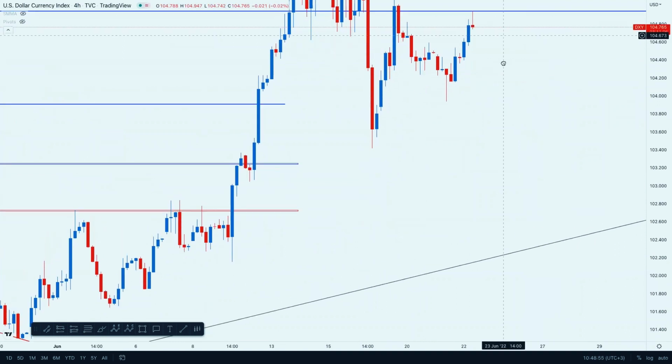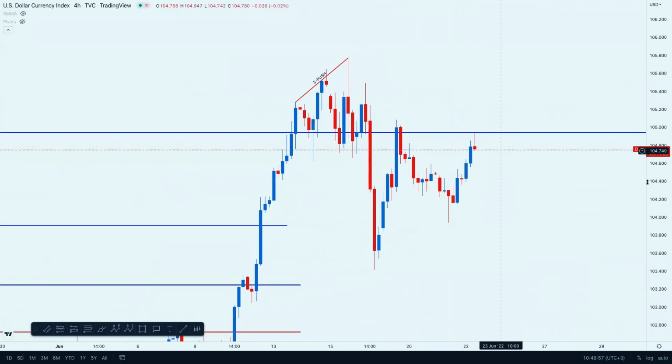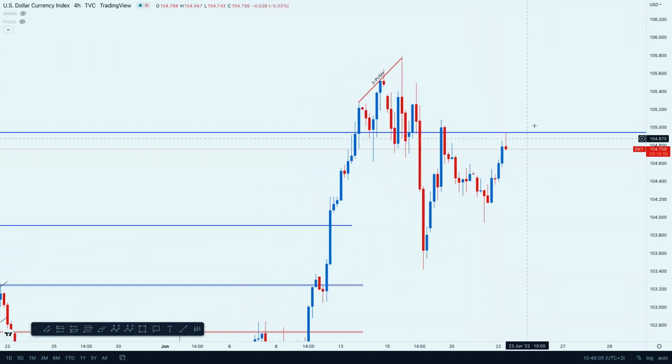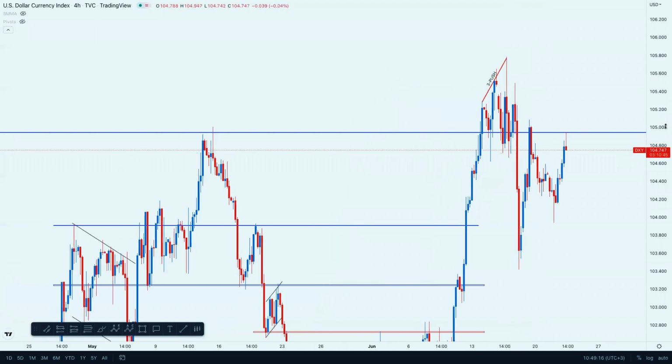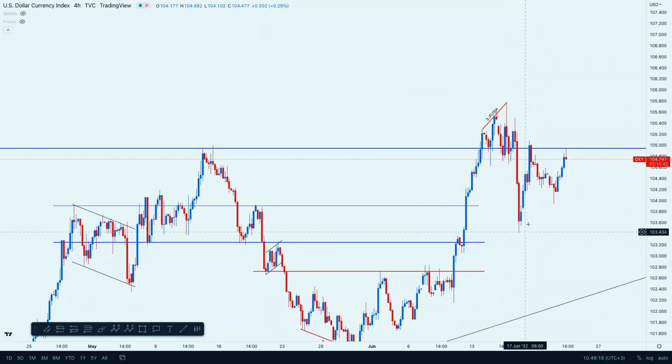But this is far from conclusion. It's still only 1 hour into the candlestick formation. We have to wait for the full 4-hour candle to close so that we can confirm what will happen after this. If it closes like a pin bar like this, it can be strongly pushed to the downside, but like I said, wait for the 4-hour to close before you draw any significant conclusion. It can still move to the upside and close. By the time you're watching this video on YouTube, you'll have already seen that the market has given us a clear indication of what is happening. So that's what I'm watching on the dollar.